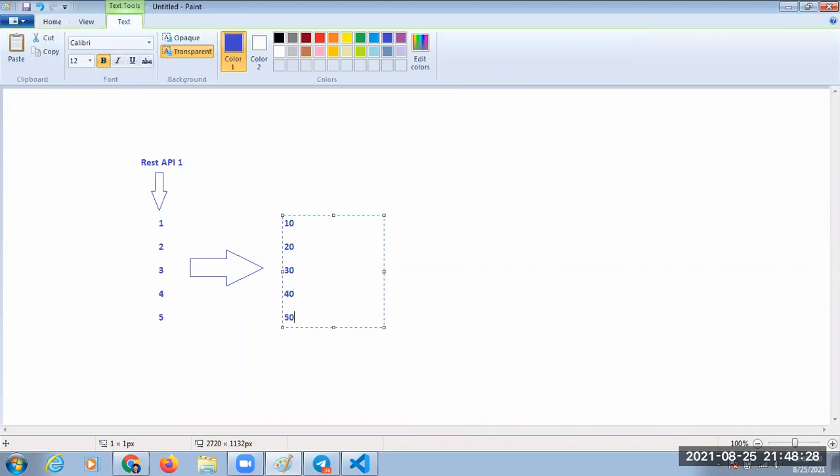So we need to manipulate the entire response now. Yes, sir. To manipulate the entire response, we have one more operator. Which operator do we have? Map operator. Which response do we have here? Positive response. What do you want to place the positive response into? Positive response into 10. So guys, how to manipulate each and every observable response? If you want to manipulate an observable response, we have one more function here. Which function? Map function.